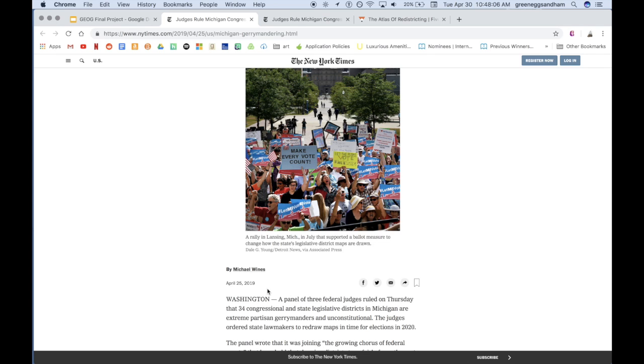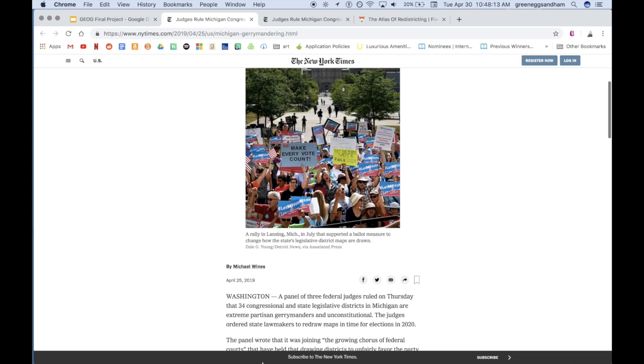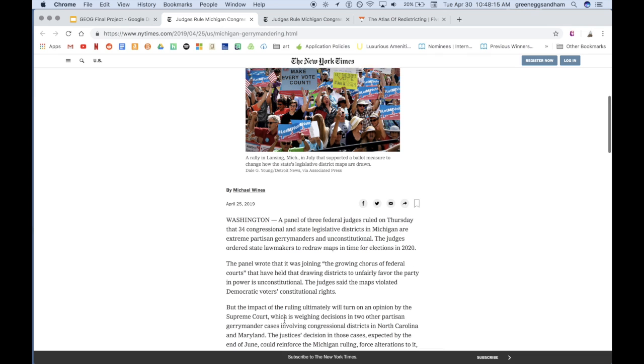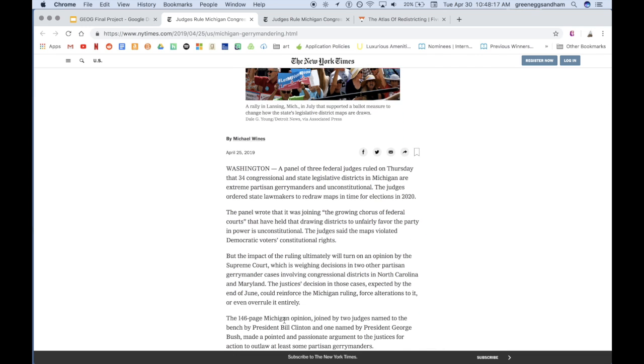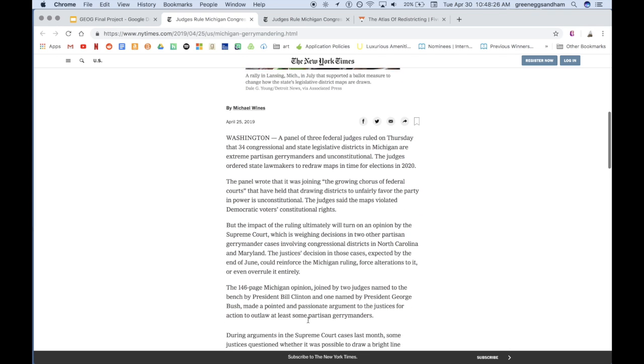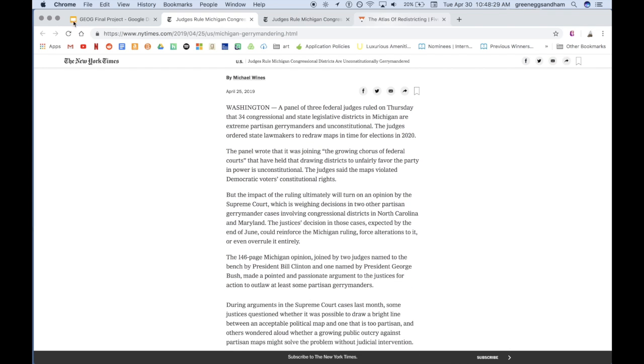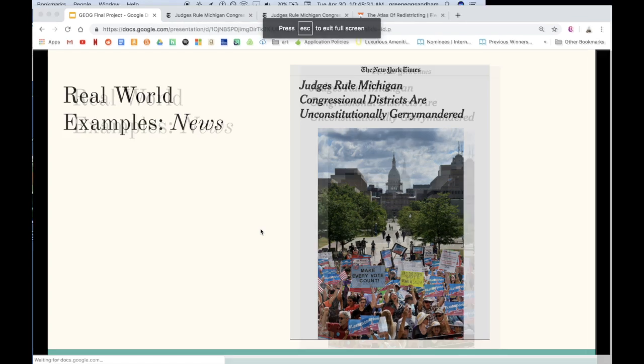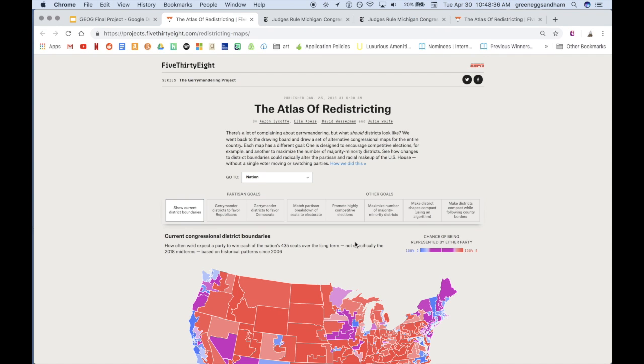And it has been stated that Michigan is frequently a battleground state in statewide and national elections, divided about evenly between the two major parties, though it is currently Republican dominated in terms of legislature right now. Sorry. And then another example would be the Atlas of Redistricting that is created by this 538